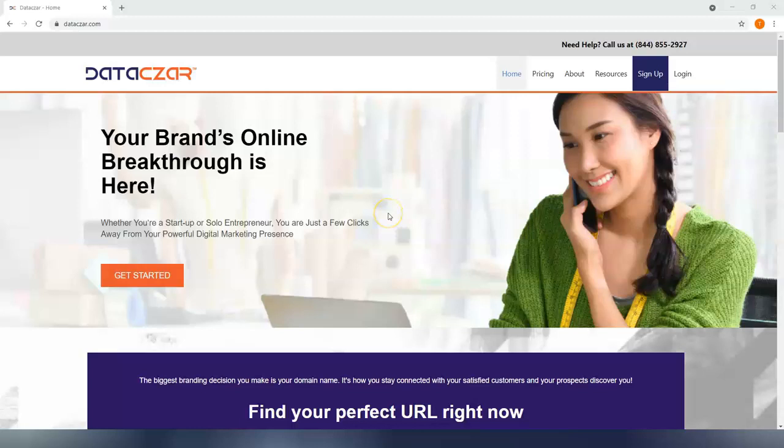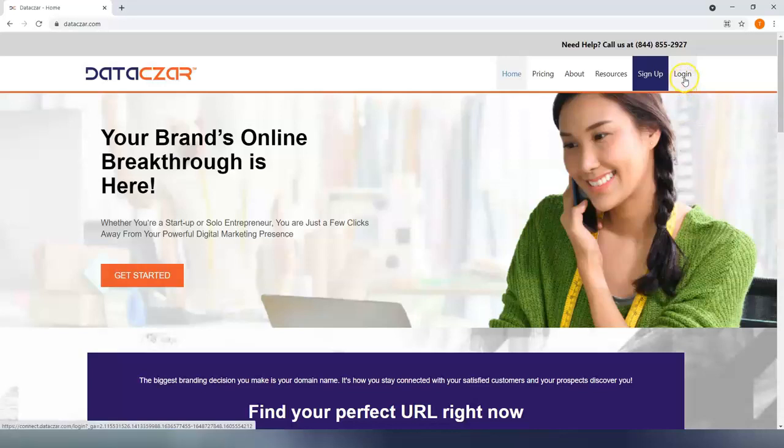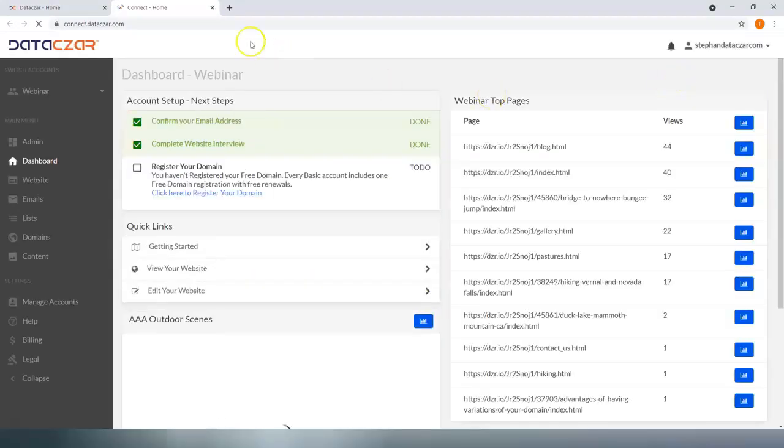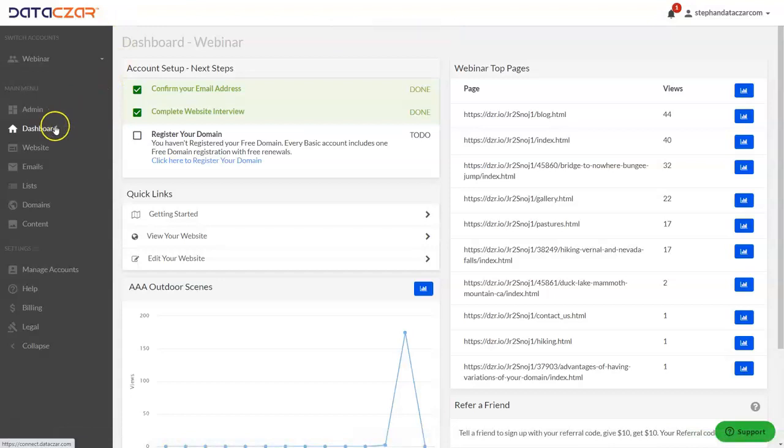Today I'm going to show you how to create a newsletter from your Dataczar website. So first of all, let's go to dataczar.com and we're going to get logged in. So we're already logged in. That takes us to the dashboard on the main menu. Let's go full screen. And to create the newsletter, you're going to use the emails button, but quickly we're going